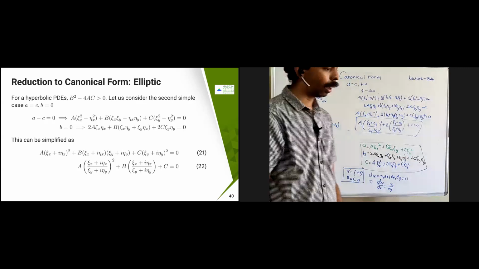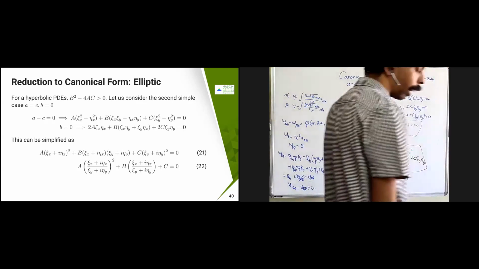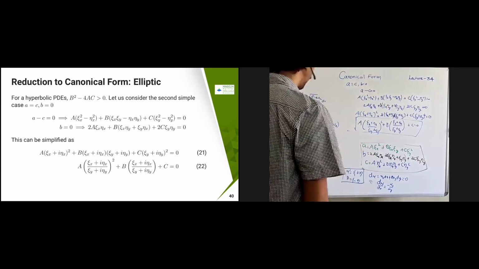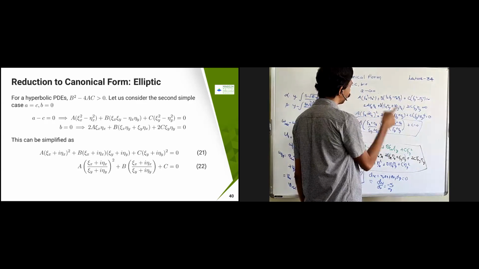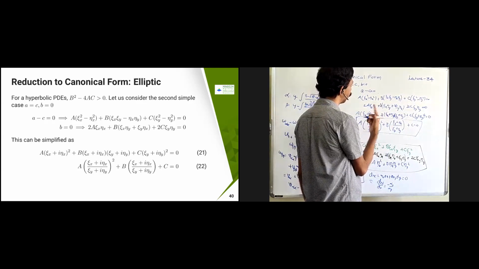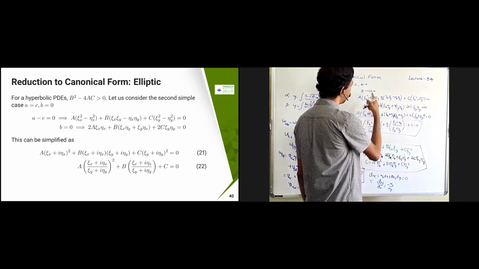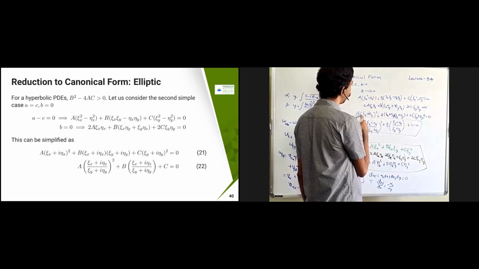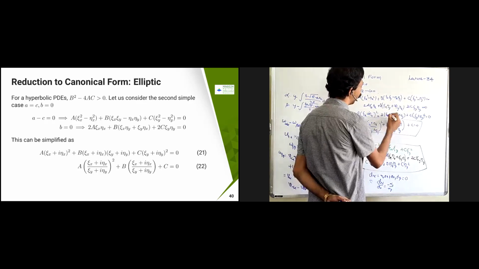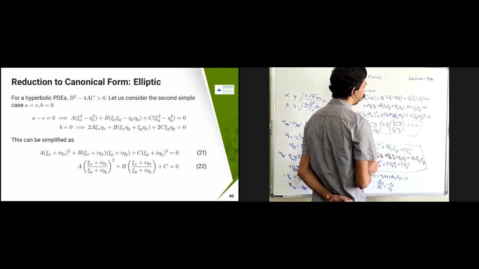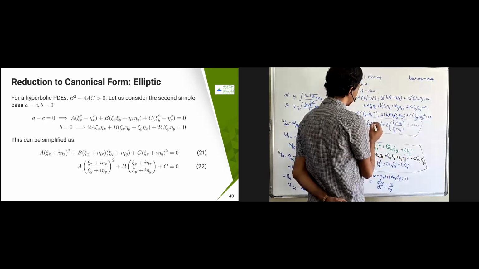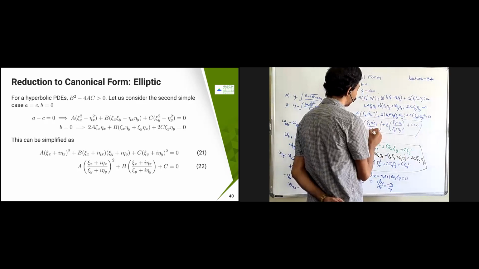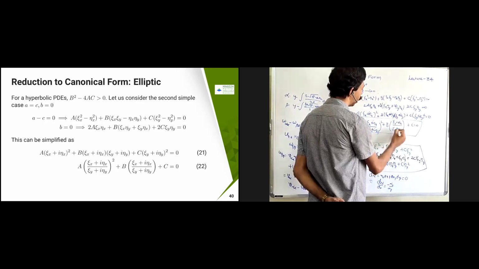Now I can rewrite this equation as follows: chi x plus i eta x. If I sum it up, I am going to get chi x minus eta x square. I am just going to denote that as chi x plus i eta x whole square. And if you just square it up, I am going to get this as 2 times square. Similarly, here I will have chi eta y and chi eta x, and chi eta y is going to come. Similarly, chi eta y is going to come. So I am going to replace this plus symbol here with i, everywhere I am going to replace.